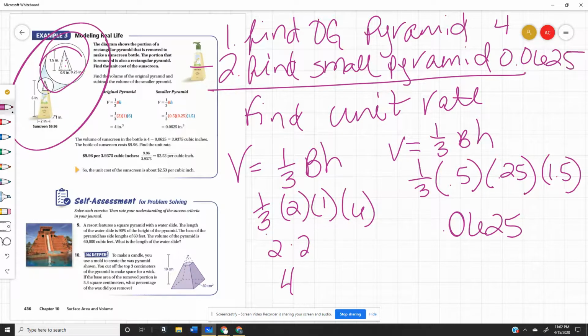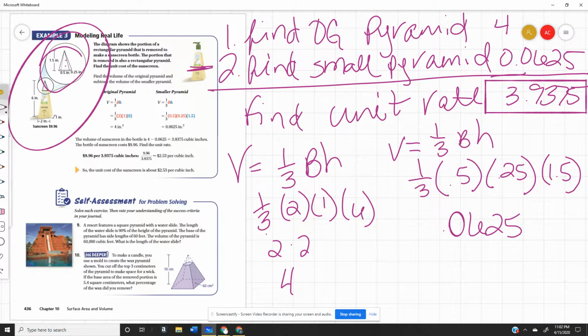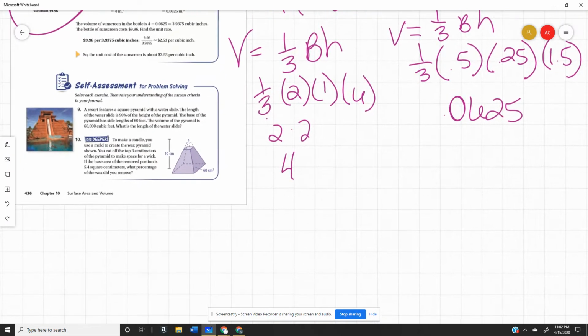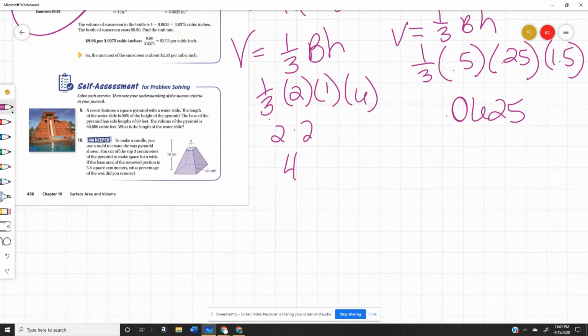0.0625. I'm going to subtract them. Remember, subtract them. Okay? So 4 minus that, so the big one minus the little one, gives me 3.9375. So this 3.9375, that's how many cubic inches of sunscreen can be found in the bottle. Okay, so I'm going to move my paper down here a little bit. So we have